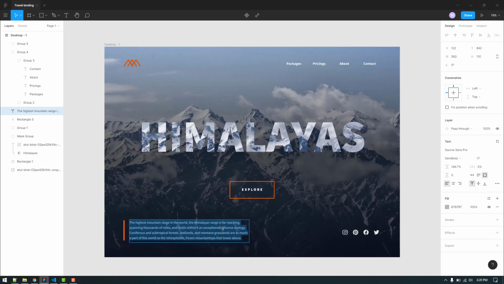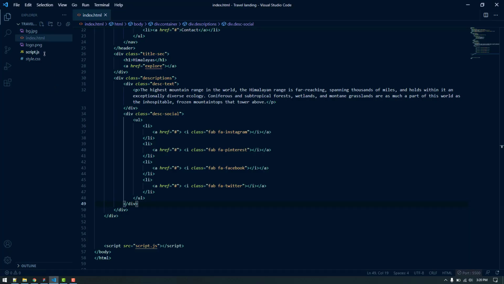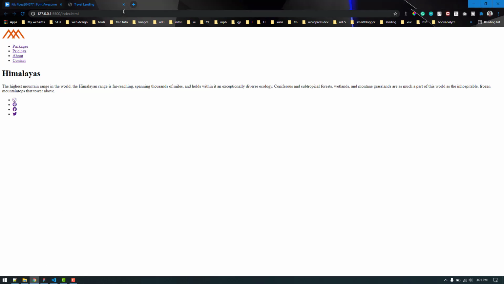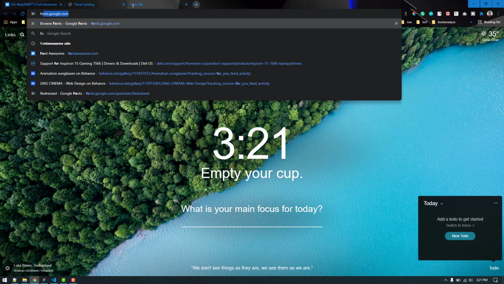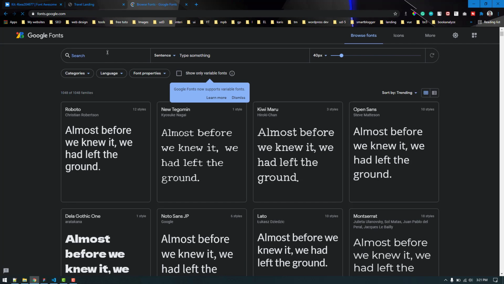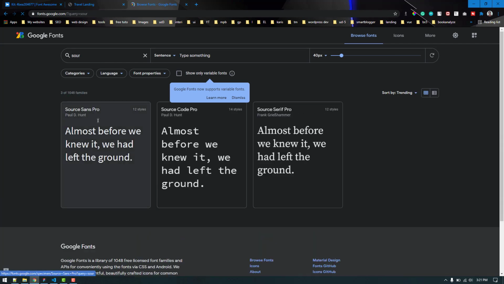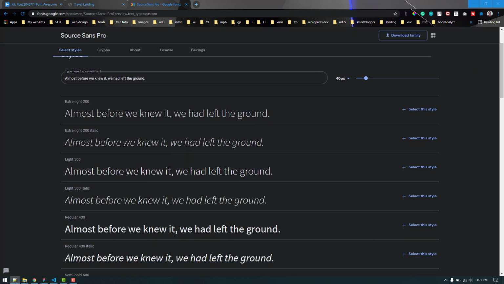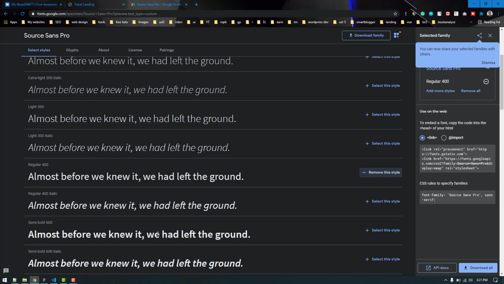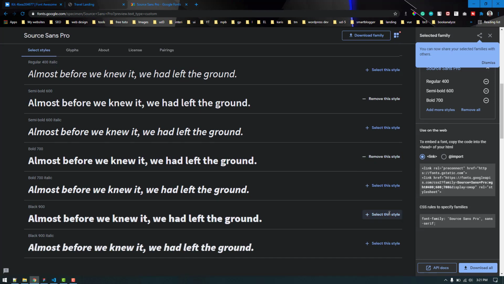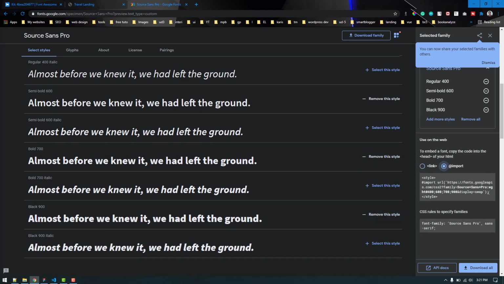So in this project, we have used this font called Source Sans Pro. So at first we are going to import the font in our style.css. We can also import it inside our index.html. So we are going to grab the font from fonts.google.com. The name of the font is Source Sans Pro. This is the one. We don't need to import each of the stylings. We can just get the regular one, maybe the semi bold. We have used the semi bold, we need that. Also bold and the black. Let's import this one.